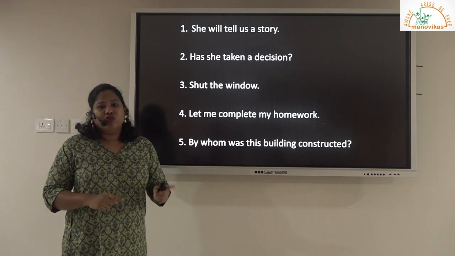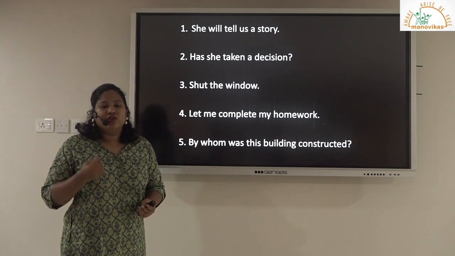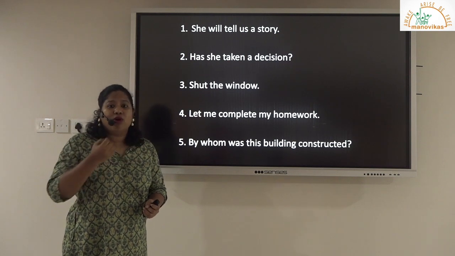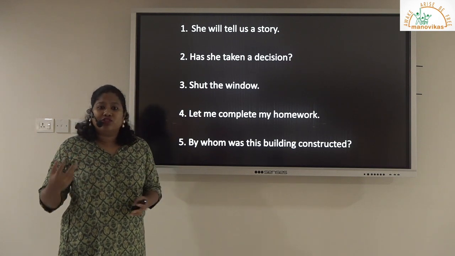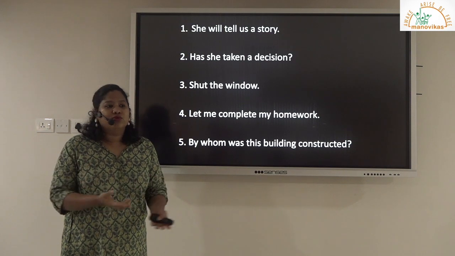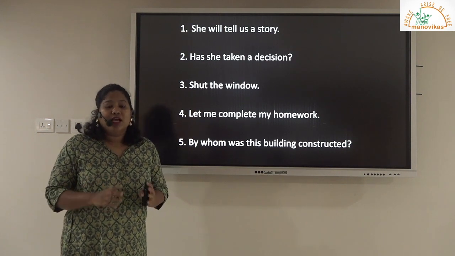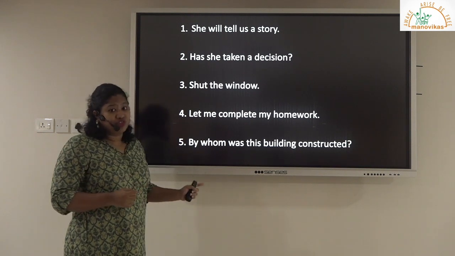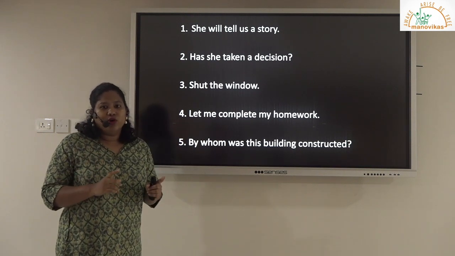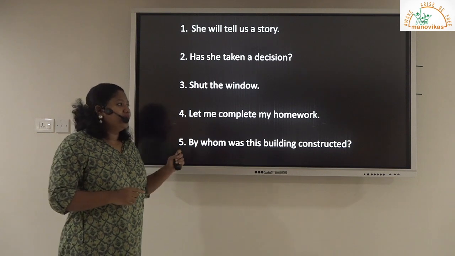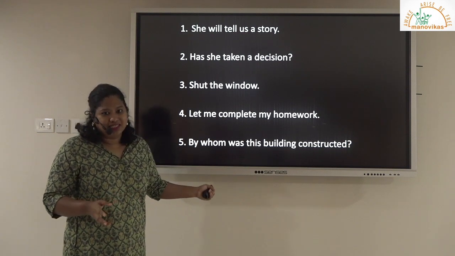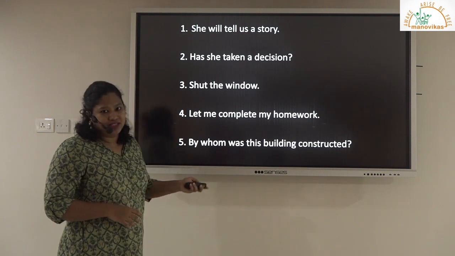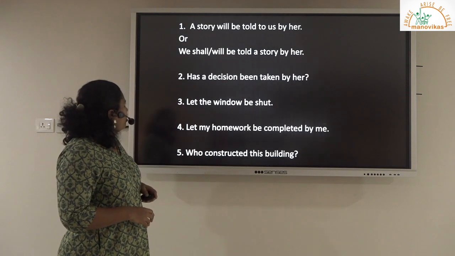So you need to know your verbs really well. You need to be able to identify and know what exactly are the forms, how do they transform. Okay, what role do those verbs play in those sentences? And if you don't have that knowledge very clearly, then you will struggle. If you know your verbs very well, then this becomes really easy. So let's see what the answers are.